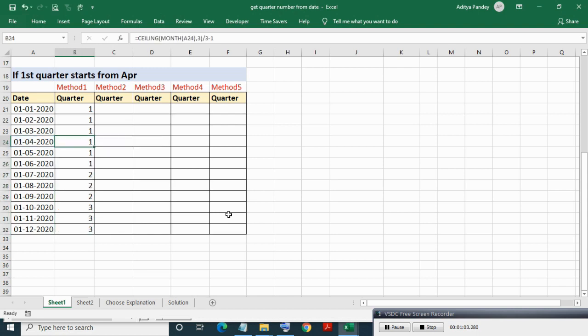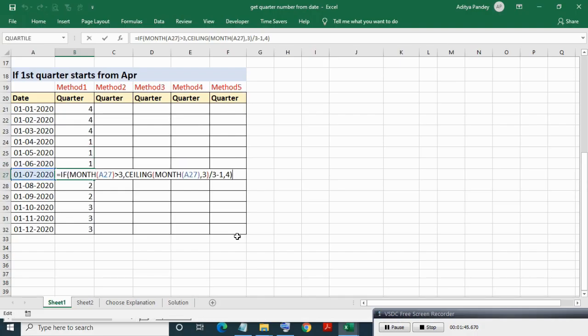From Jan to March we need to apply if case. So applying if month is greater than 3, then this formula output else 4. Now copy pasting this in all cells. As you can see, we got correct output.